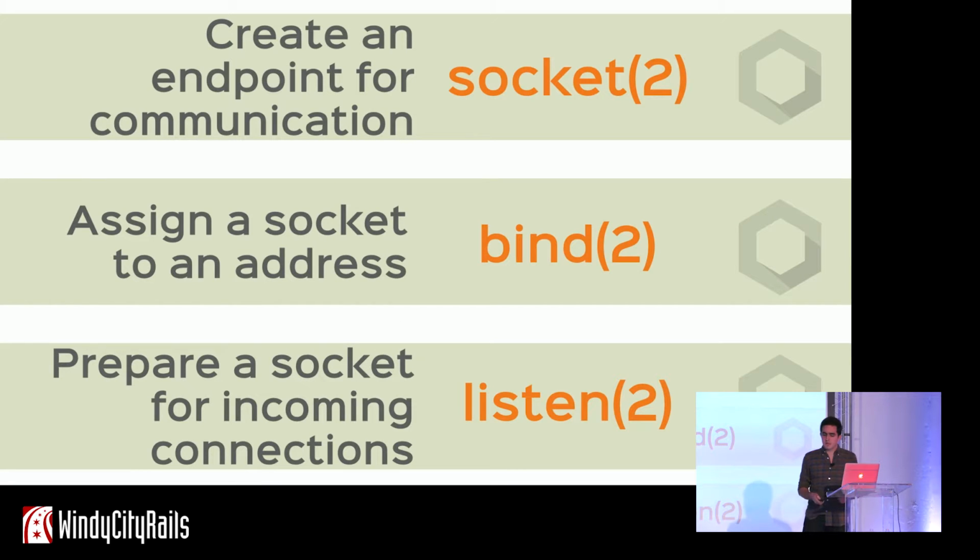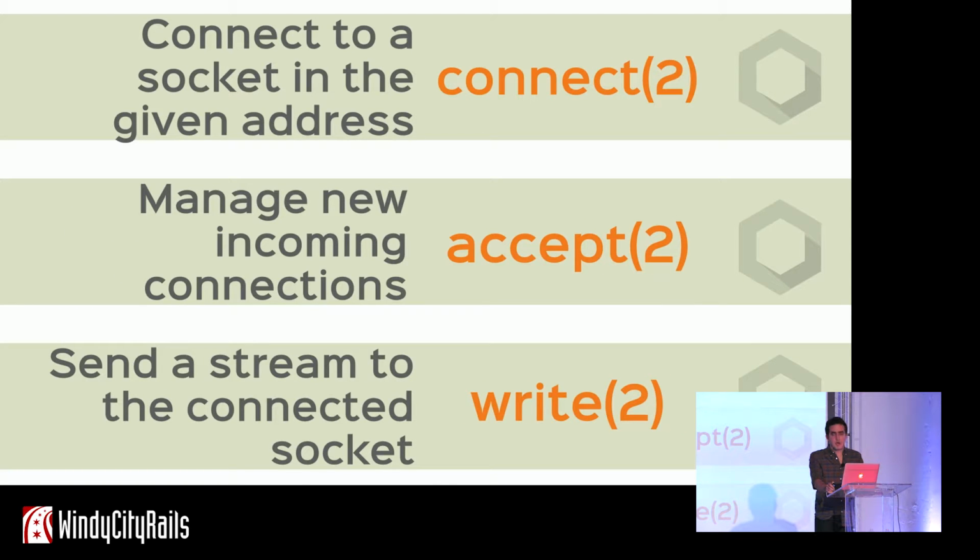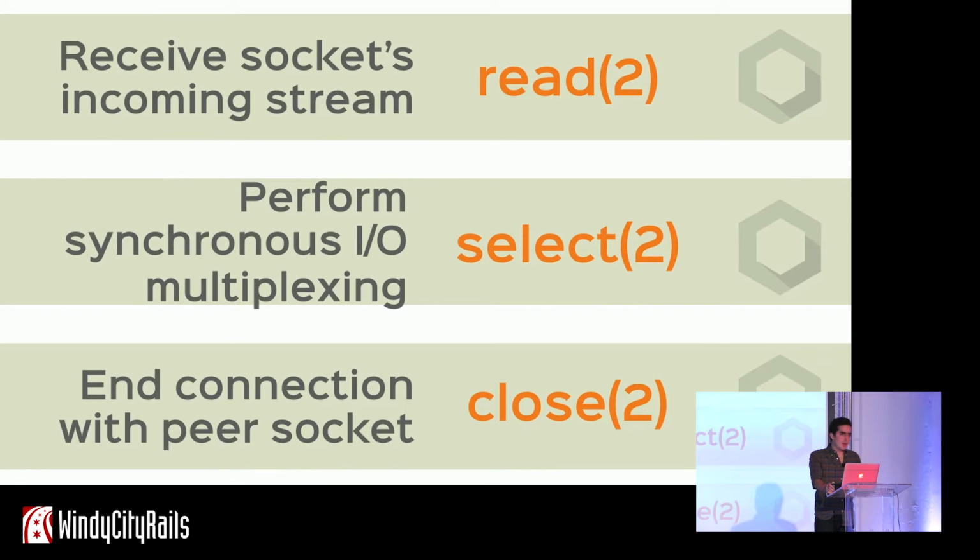The most important ones are socket, which creates a socket, basically a reference to a socket. Bind, which assigns the socket to an address. Listen, which activates the socket so that it prepares to receive connections. Then we have connect, which is self-explanatory, and accept, kind of too. It tells the socket to accept incoming connection requests. And write, which sends a stream of data or bytes to a peer socket. If you're writing, you probably expect someone to be reading, so that's what read does: it receives an incoming stream of bytes or data. Select,